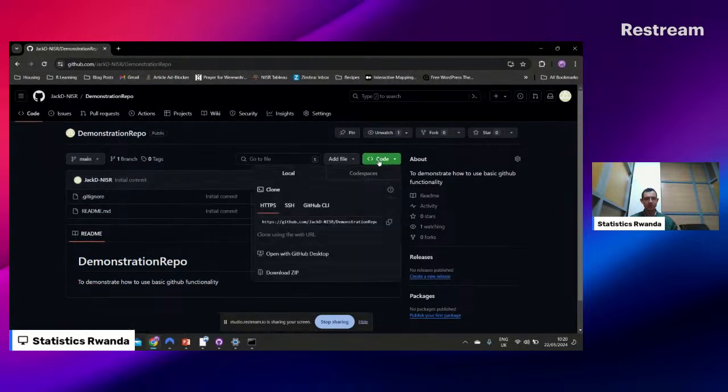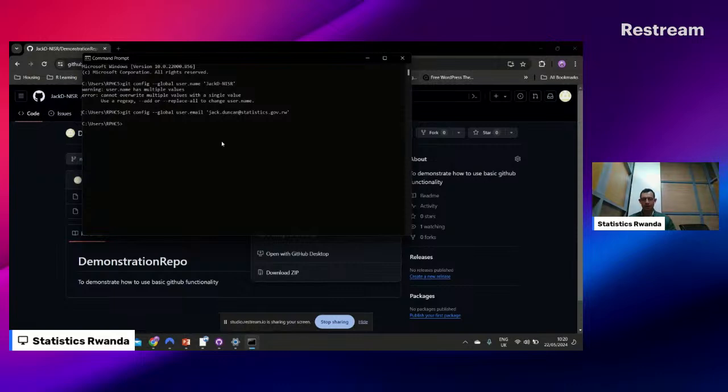Now to clone it, what we do, we click here on this code bit, and then copy the URL to our clipboard with HTTPS. We can now go back to our command prompt. And what we need to do is we initially go to the directory where we want this file to be stored. So CD is how you jump through directories in command prompt on Windows. And let's go to our documents folder, and we'll now use git clone followed by the URL to clone this